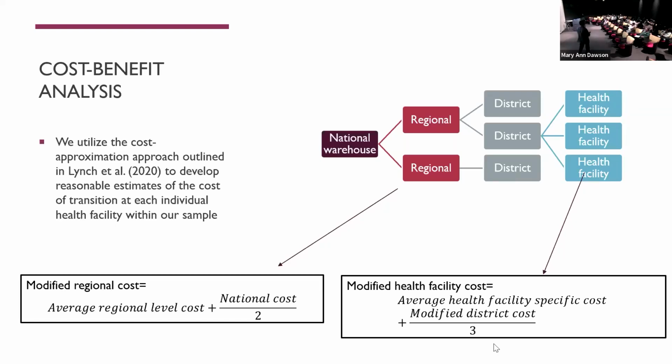Yes. So with the districts and the regions, is it constant, or does it depend on how many regions the country has? Exactly. So this is all based on actual data. Some districts may serve 3 health facilities, some may serve 50. In that case, you would divide by 50, because that one district warehouse is serving 50 different health facilities. So we actually use their public health supply chain data to see which warehouse is serving which health facilities, and that's how we allocate the cost.